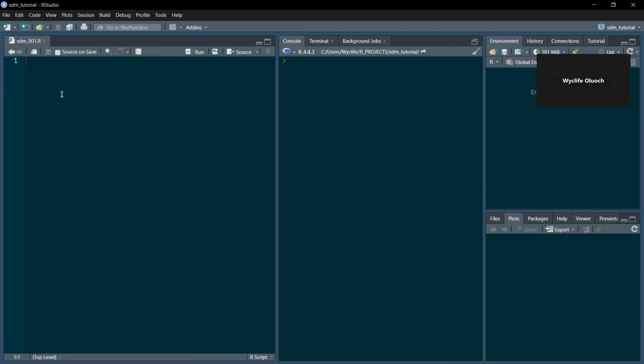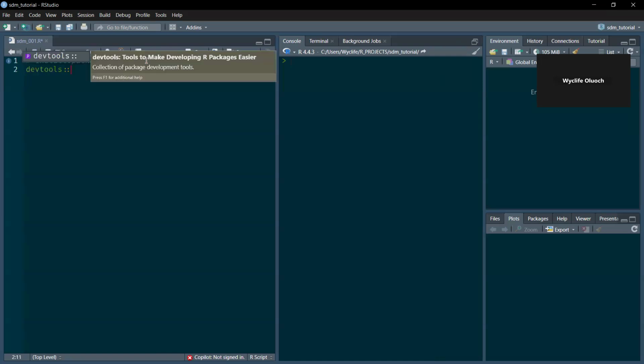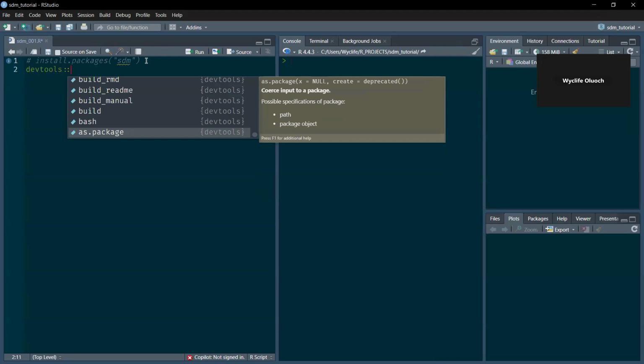The first thing, of course, is to install the package once you have R. So if you write install.packages and then you put "sdm" in quotes, you will be able to have the package. But for now, I will comment it out because I already have the package installed. If you want to install the latest version of the package,